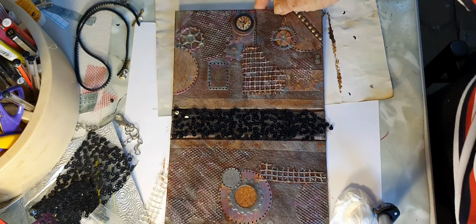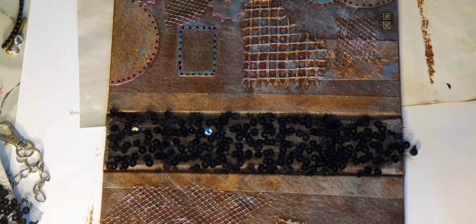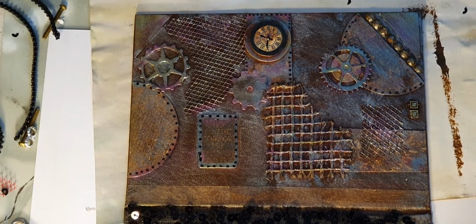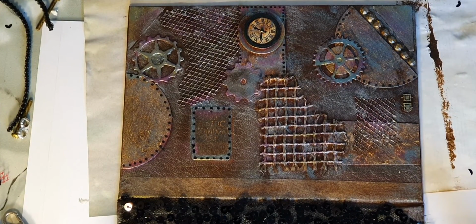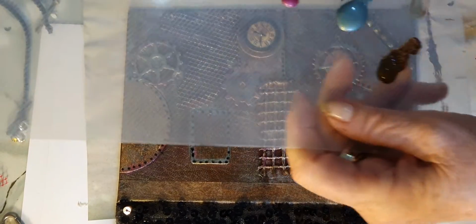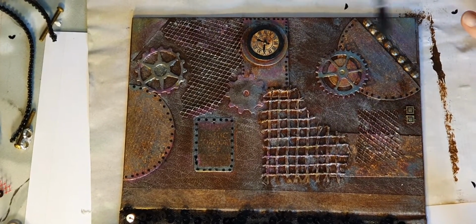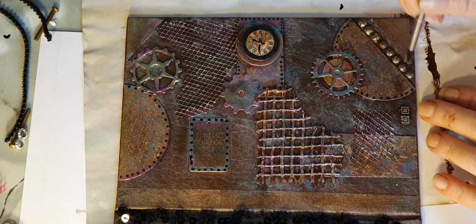So I thought, well, I might as well put this on. I'm just going to see how this comes up like this. You can't see much there. So what if I move it about there? Okay. All right. So I've got all these little bits of paint just on this plastic sheet where I can mix it up. But what I'm doing here now, and I'm not using a different colour brush, I'm just using the same brush